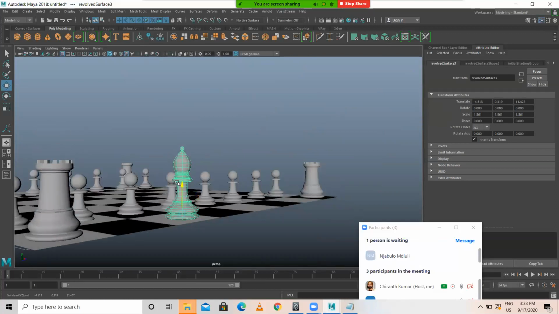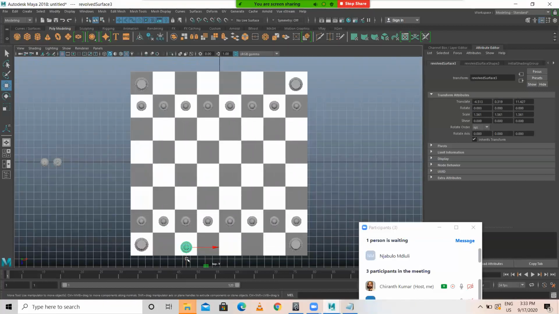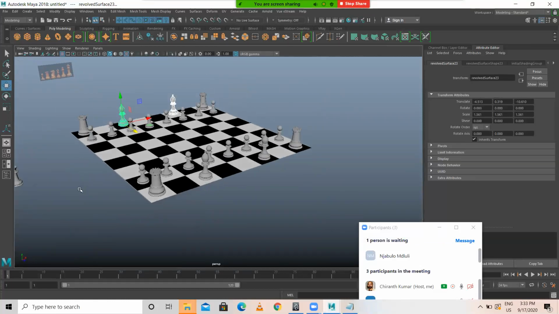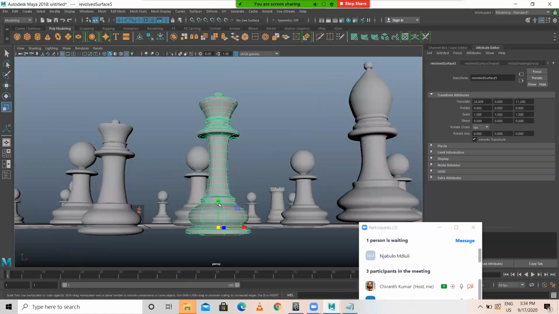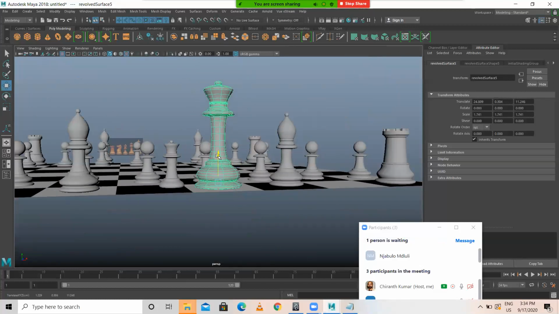Little upside. So I'm duplicating this and I'm placing this here. And I duplicate this. I place this here. So after this, we have two more. Just place this here like this.